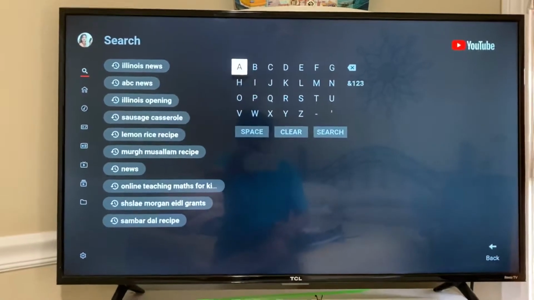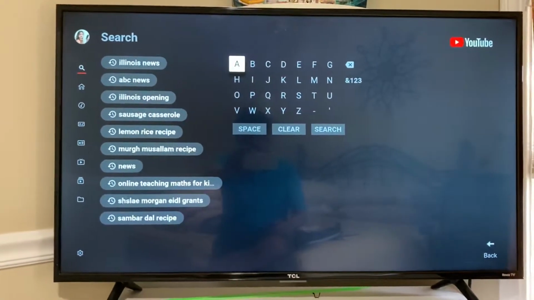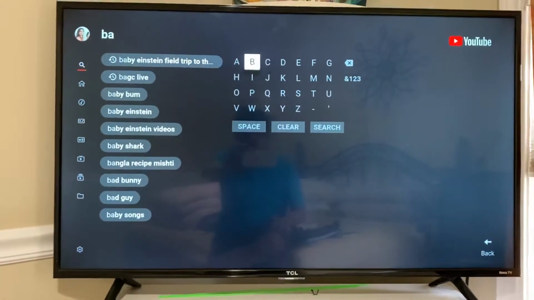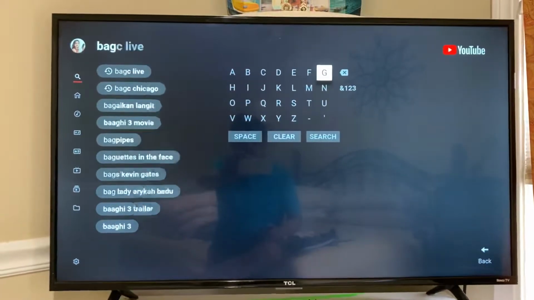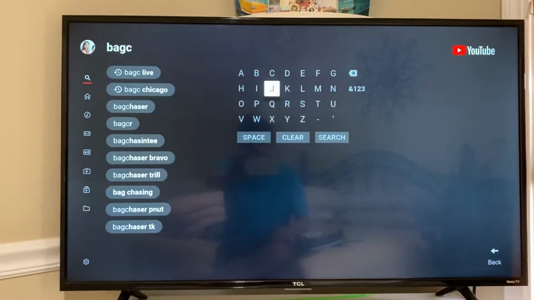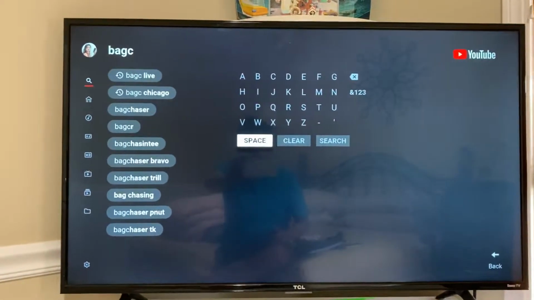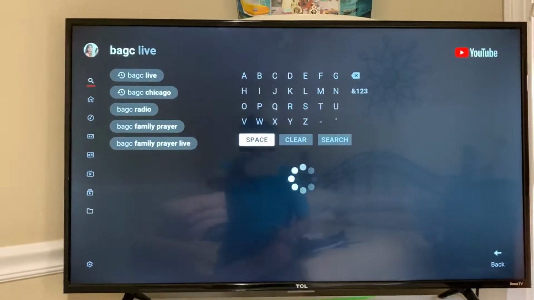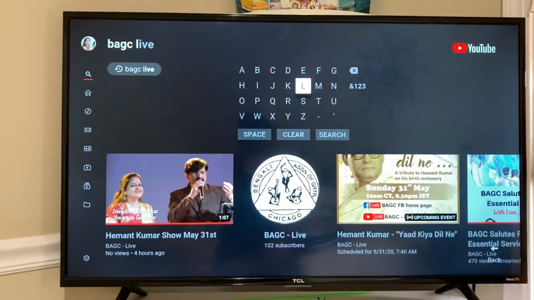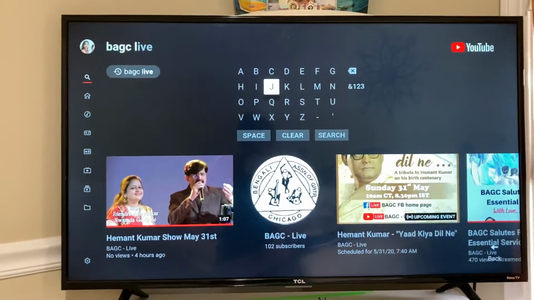Most of the time it should come up as soon as you click or type PAGC, but I'll type the whole word. So PAGC, and then I go down, there is a button for space. I say space and then I click. It has already come up, but I still keep on typing in case you don't see it.